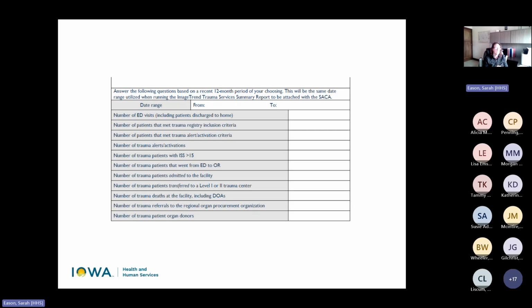The other thing anticipated to come with our administrative rules is our new 2025 State Data Dictionary. This is going to be so much more reflective of what you're seeing on ImageTrend. And Nick, Dr. Foss did a really great job of clarifying that language, making it easier to understand how I get the patients in. Why am I telling you all of this? Because that directly reflects who met your inclusion criteria, right? Because that's our guide, our data dictionary, on who goes into the registry in the first place. If you don't know what the data dictionary is, you need to get your hands on that.